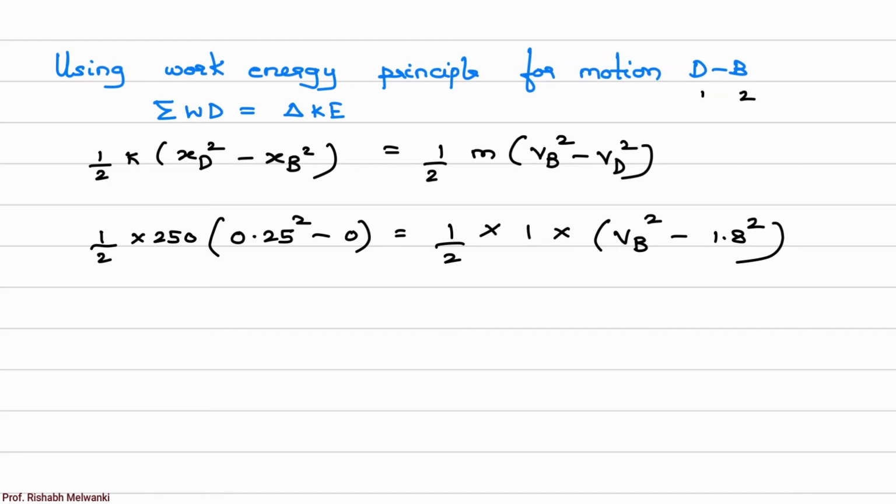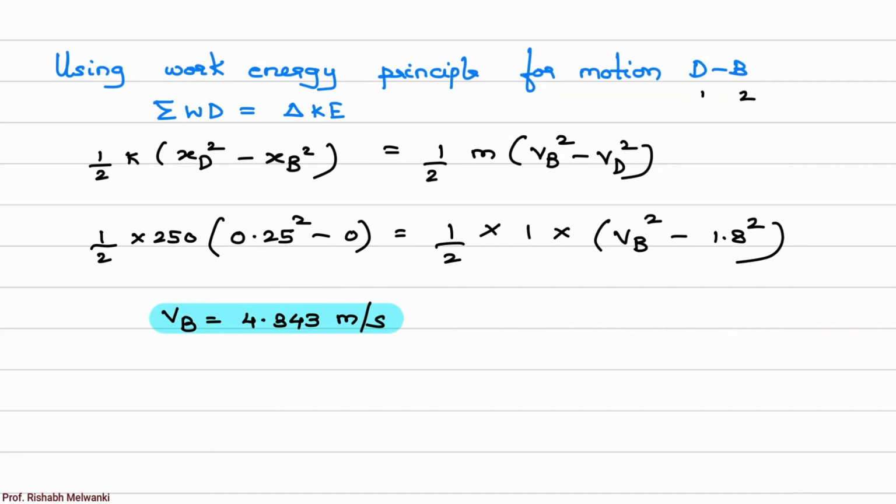So here you should remember that when we are substituting value of xd, it should be with respect to the units. Okay, dimensional homogeneity is very important. If K is Newton per meter, then x should be in meter only. Okay, velocity should be in meter per second only. So here only unknown is Vb. So we can calculate Vb, which is equal to 4.343 meter per second. So this is first answer.